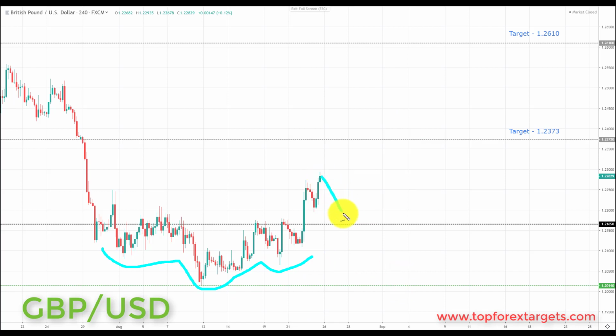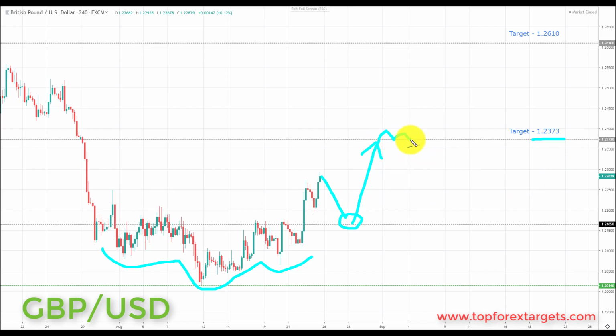If we can get a pullback going into next week, and we can get a pullback all the way to broken resistance turning support, this is going to be the best place next week because it will give the best risk to reward to start to look for those bullish formations and patterns. And we're going to be looking at initiating longs up towards the next key area of resistance to the upside and the target set at the